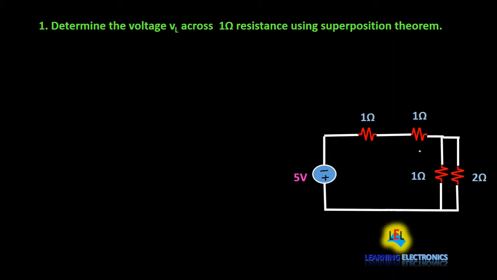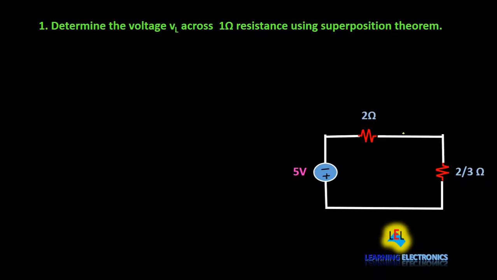Now we have to find out the voltage across this 1 ohm resistance, that is V2. And since this 1 ohm is in parallel with this 2 ohm, so the voltage V2 will come across this 2 ohm resistance also. So when we solve this parallel combination of 1 ohm and 2 ohm, this voltage V2 will again come across the equivalent resistance of this parallel combination also. And here we can see that this 1 ohm and this 1 ohm are in series with each other, so we can add these resistances. We get 2 ohm, and when we solve the parallel combination, we get 1 into 2 divided by 1 plus 2 is equal to 2 by 3 ohm. So here we are getting 2 by 3 ohm.